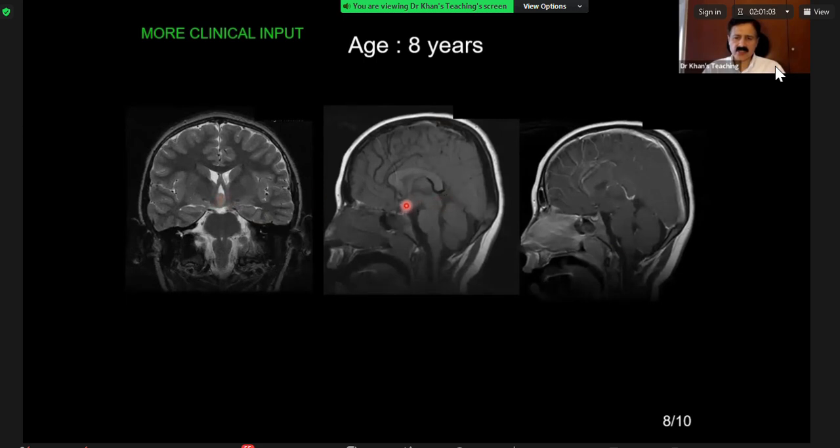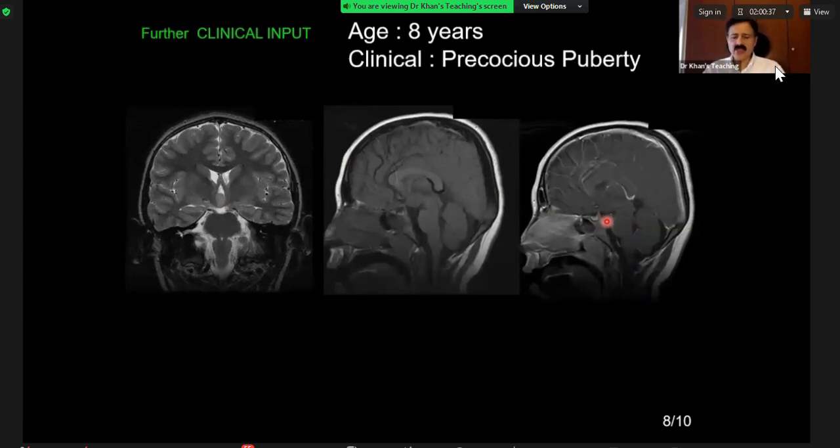Also, you can see here, it is slightly exophytic, so inferiorly it is extending into the suprasellar cistern. Doesn't change anything. The signal intensity is equal to the gray matter, on T2 as well as T1 sequences. It does not show any enhancement. Quite unique